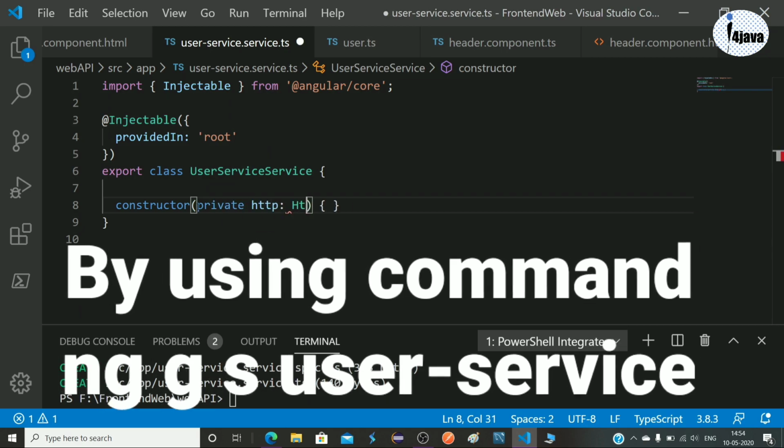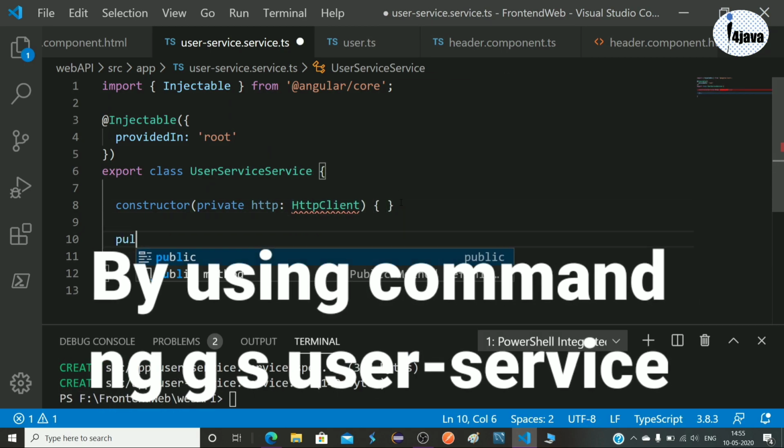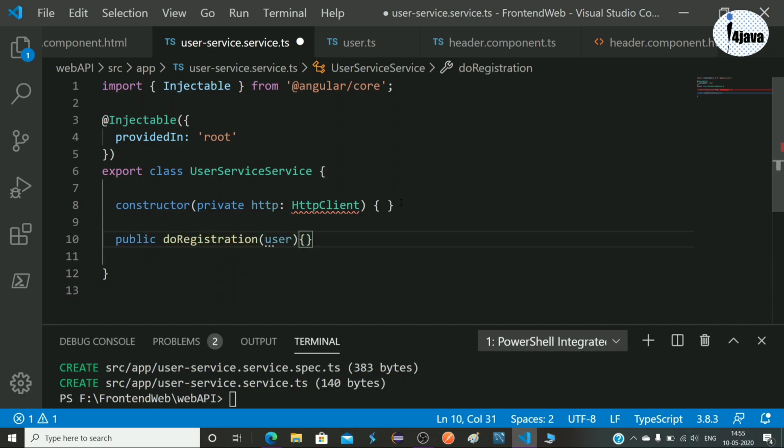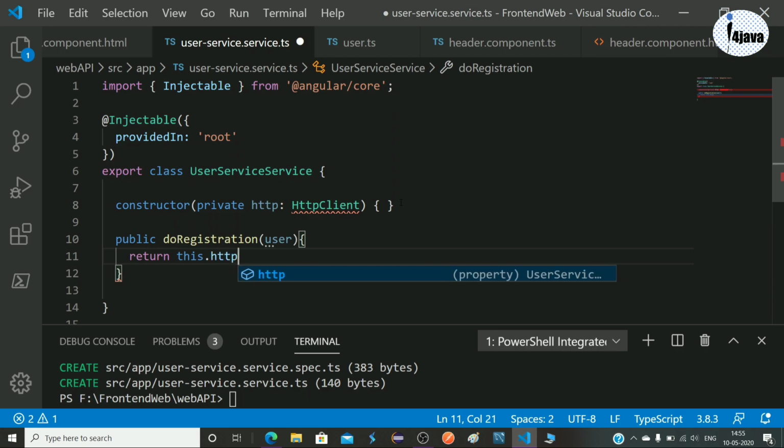After that, create one user service class and create one method doRegister and return here this dot http dot. Because we are saving the data, that's why we are using the post method, and in our API we also mention this post method.